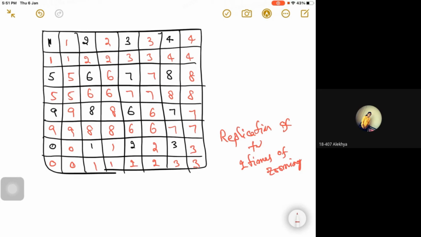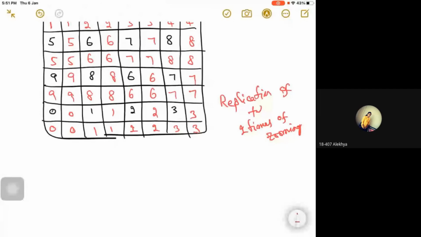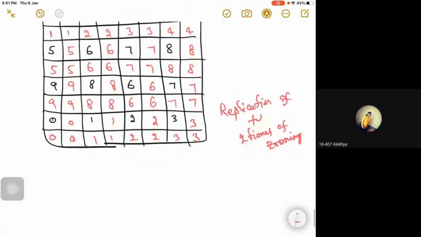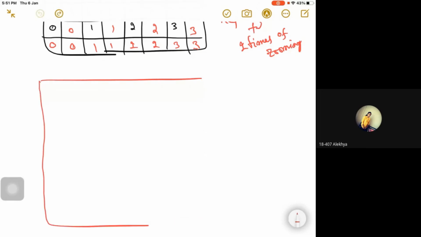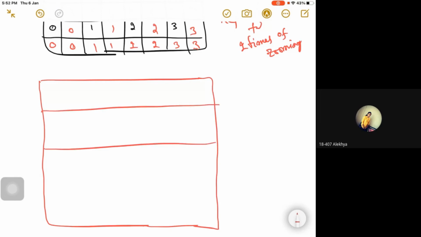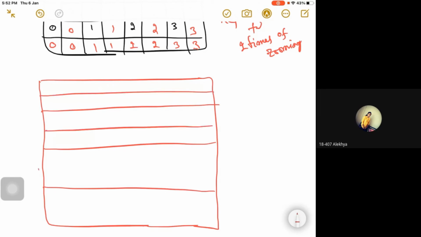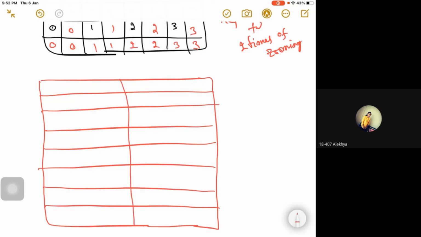Then coming to the second method. What is the second method? Linear interpolation. Let us consider once again the 8 by 8 size. Please draw along with me an 8 by 8 matrix. Make it 2, then make it 4, then each one again 2, then you will get a total of 8 rows. Similarly, columns: half, again half, again each one make into half.